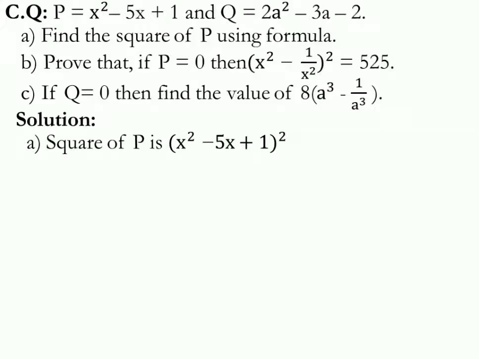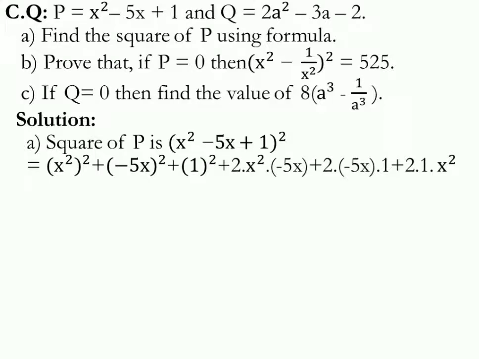In A, we have to find out the square of p, that is x square minus 5x plus 1 whole square, and this is the pattern of a plus b plus c whole square formula. And we know the formula for a plus b plus c whole square is a square plus b square plus c square plus 2ab plus 2bc plus 2ca. Here x square is a, minus 5x is b, and 1 is c. So in that pattern we can write x square whole square plus minus 5x whole square plus 1 whole square plus 2 into x square into minus 5x plus 2 into minus 5x into 1 plus 2 into 1 into x square,